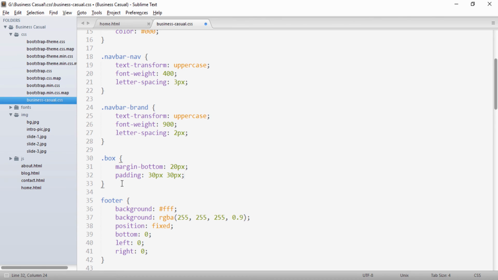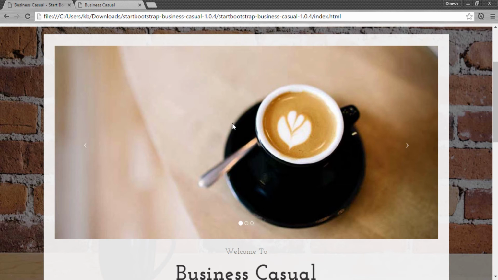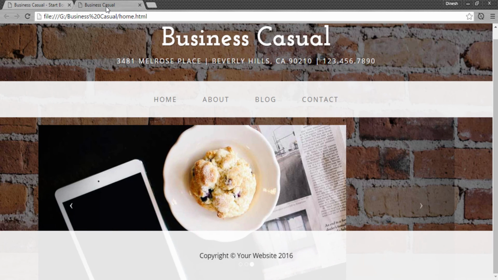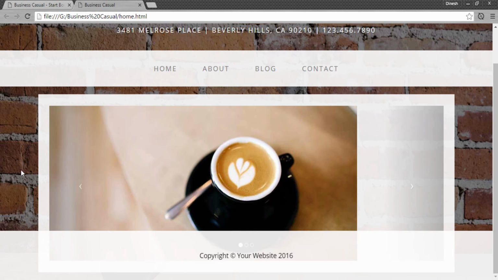And I will also give it a background color. So let's say I copy whatever I gave to the footer and paste it here, and if I save it and go to the browser, so here you see if I refresh it, you can see a box is visible around this carousel now.